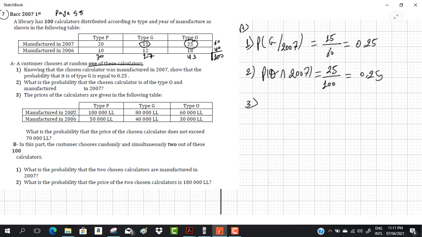Part 3: the prices of the calculators are given in the following table. عطيني ال prices هيدا منو عددهم هيدا ال prices السعر. What's the probability that the price of the chosen calculator does not exceed 70,000. The price does not exceed 70,000 يعني ممكن يكون 60 أو 30 أو 40 أو 50. لكن part 3 probability that the price is less than 70,000 يعني equal probability that the price equal